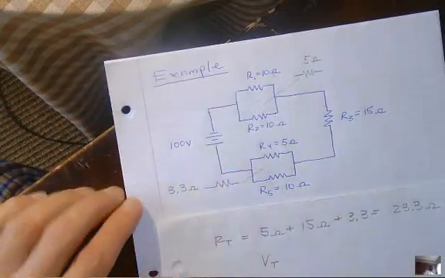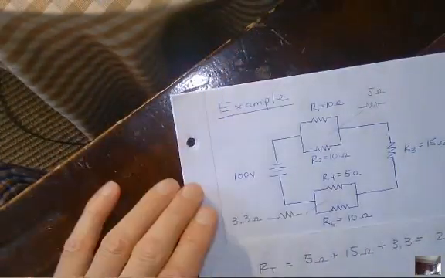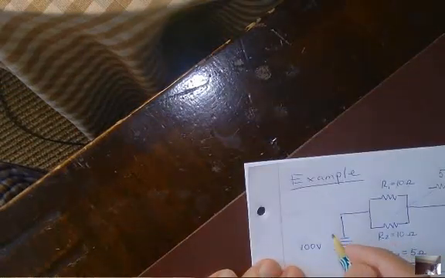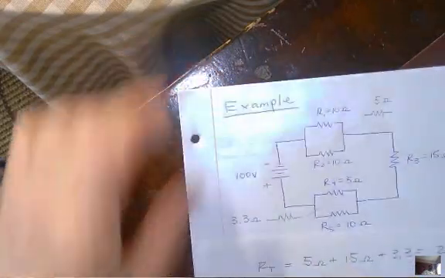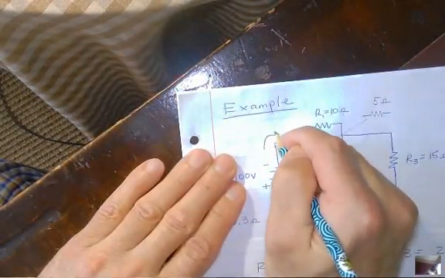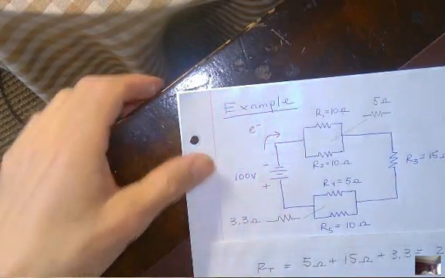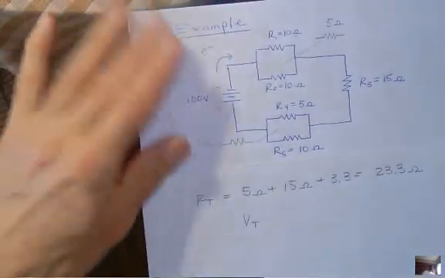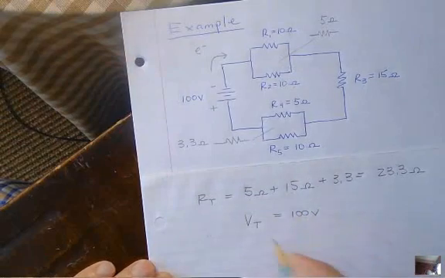Now, if I know the total resistance and I know the voltage total, right? That's what's coming from the battery. The battery gives you the total voltage. It provides the push. This is the negative side. The shorter side is negative. The longer side is positive. So we're pushing electrons because electrons are negative around this way. Okay? So that being said, if the total voltage is 100 volts